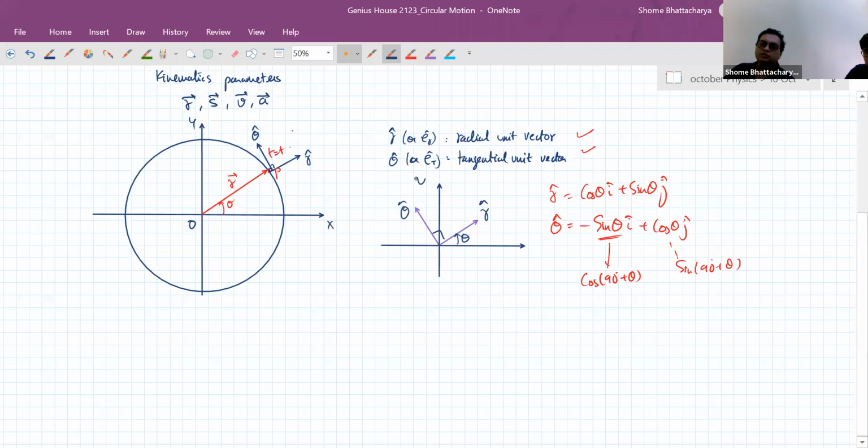As the particle moves from position to position, for example in the first quadrant they look like the way I've drawn, but by the time the particle has gone to the second quadrant, your theta has become obtuse. So your r cap will now be like this and your theta cap will be like this, and like that for the third and fourth quadrants. The other thing you can notice is that obviously r cap dot theta cap is equal to 0, so that should always work out. So these become the key things before we get into the kinematics parameters, because all the vectors like position, velocity and acceleration we will express in terms of r cap and theta cap. So this is clear, I hope, people, and no doubts with relation to this.